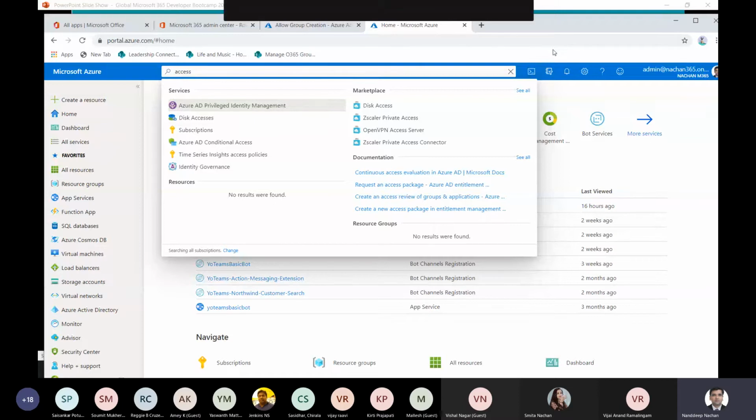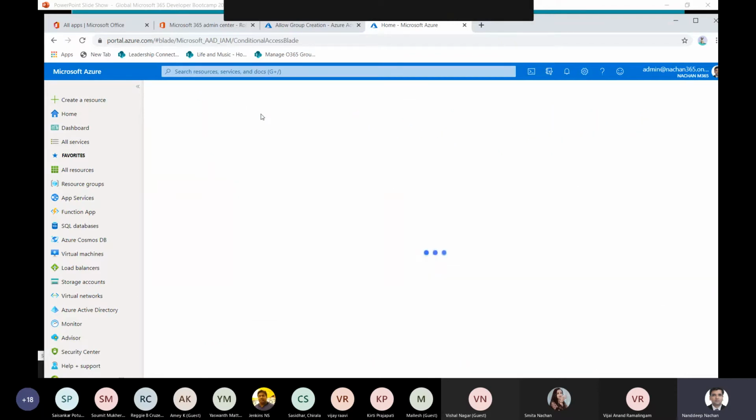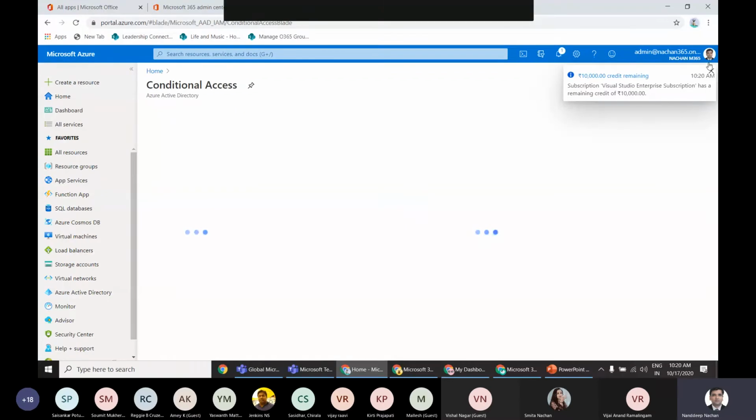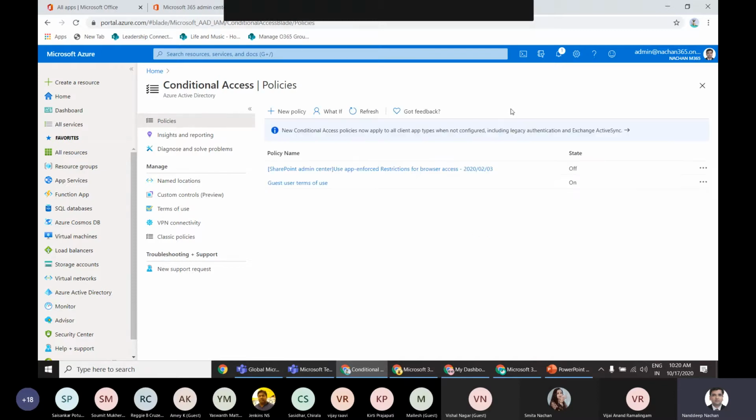Okay, so once you go to this conditional access, or this access control, you will have specialized permissions there by which you can control who in the organization can have access to which of the resources inside your Office 365. So just a moment, let it open. In this conditional access there are various options, like how you want to give the controls to everyone, and what kind of access they will have. So you are defining the conditions here,